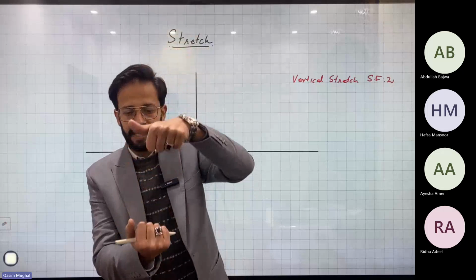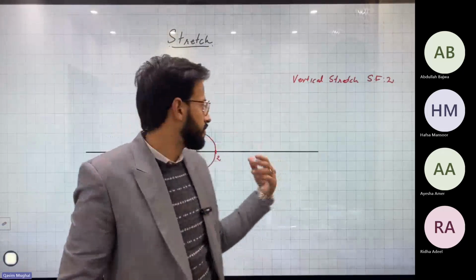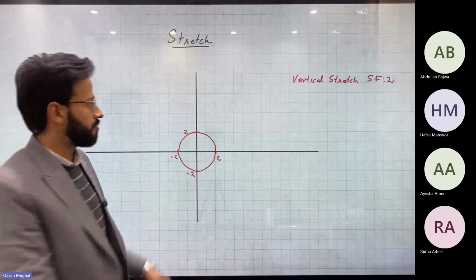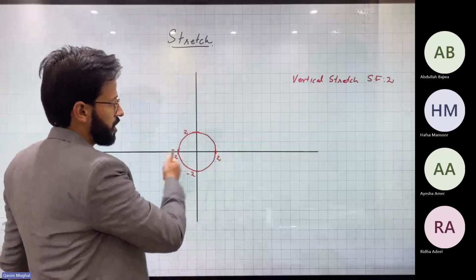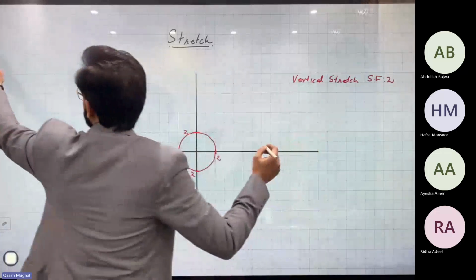Now, while dilating the shape vertically, there is a center of it. In this case, that center is known as the x-axis. While stretching the graph vertically, this line acts as an invariant line. So in a vertical stretch,